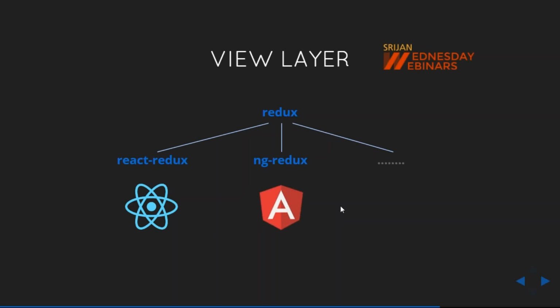From the dispatcher you are dispatching all the actions, you are broadcasting all the events, and then you have multiple store objects. So the first difference is that the architecture is a bit different. You have the extra component, the dispatcher, and you have multiple store objects. Whenever you dispatch some actions from the dispatcher, those stores are listening to those events.